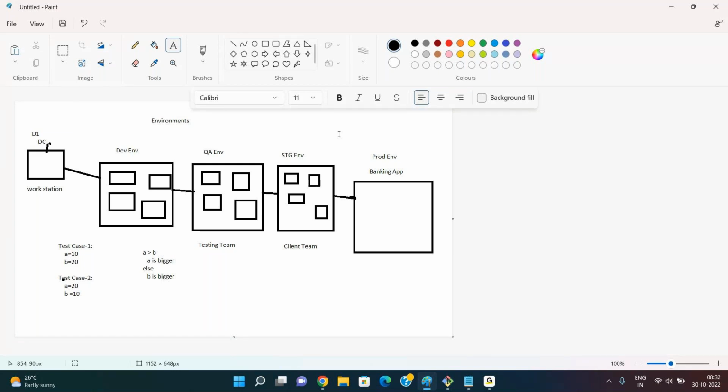Once the developers have the code ready, they will test it on their local. From that local, it will go to the environments: dev, QA, staging, production, and in between you might see different environments also. For performance testing, you can have a different environment as part of the project setup. But typically, these are the environments we are going to manage